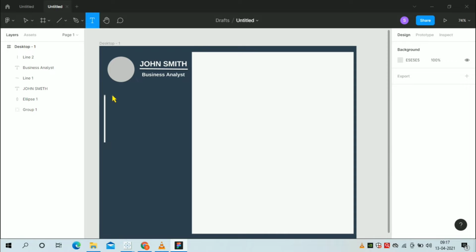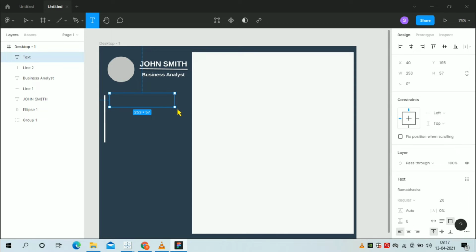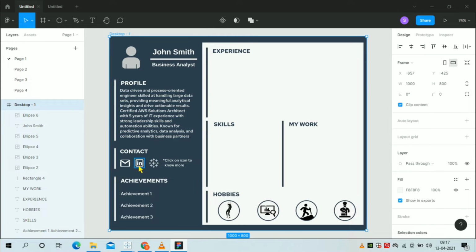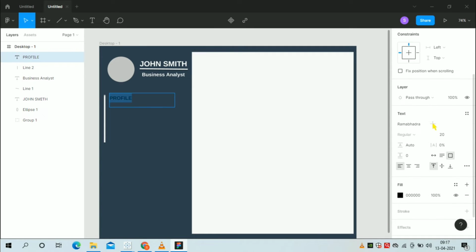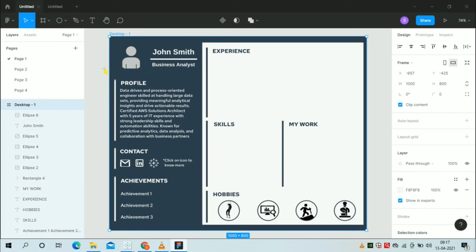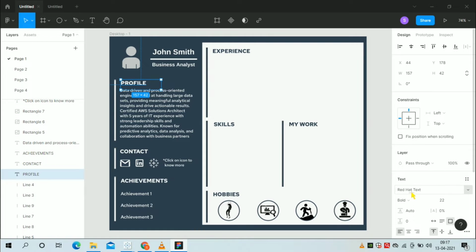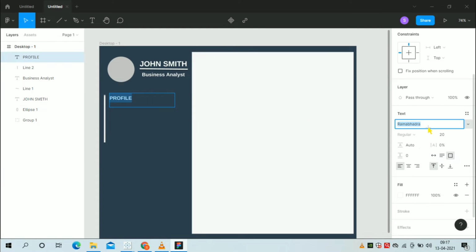Now add a text, that is, profile. Okay, now you can format it. The color I used is white and the font that I used was Red Hat Text, so I'll select the same.